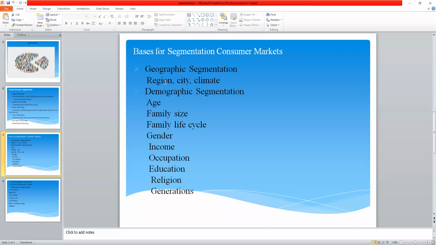Each and every state has its own background. Even the regions have their own backgrounds. Cities are known for their specific attributes. So the company can operate in one or a few geographical areas,